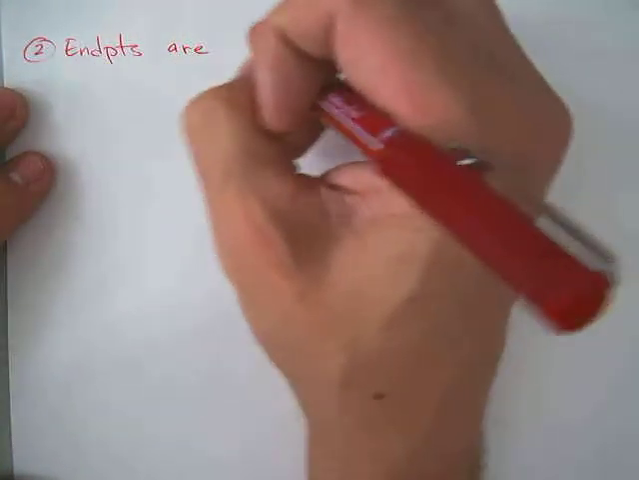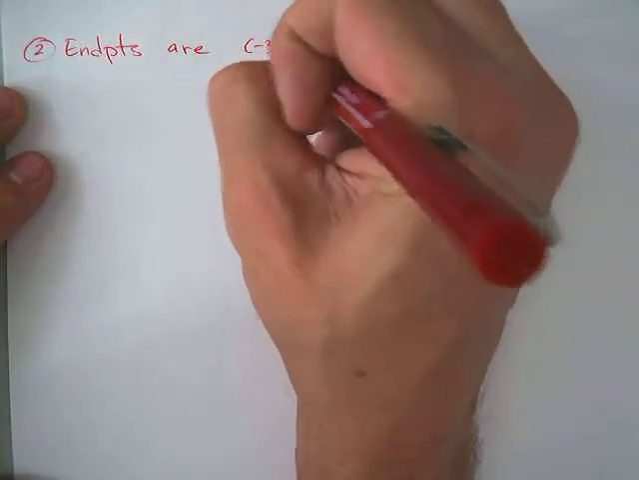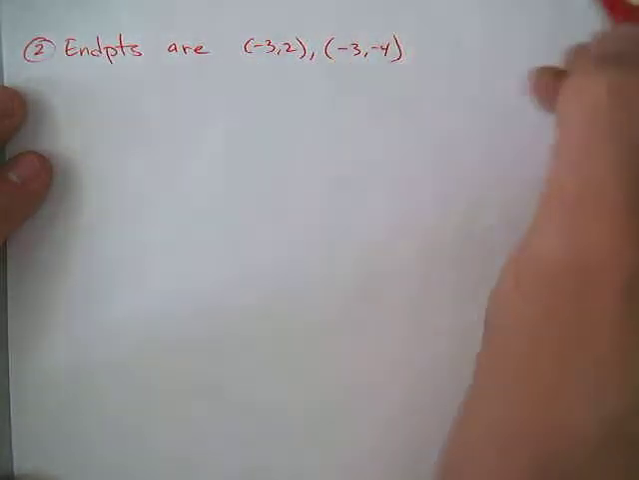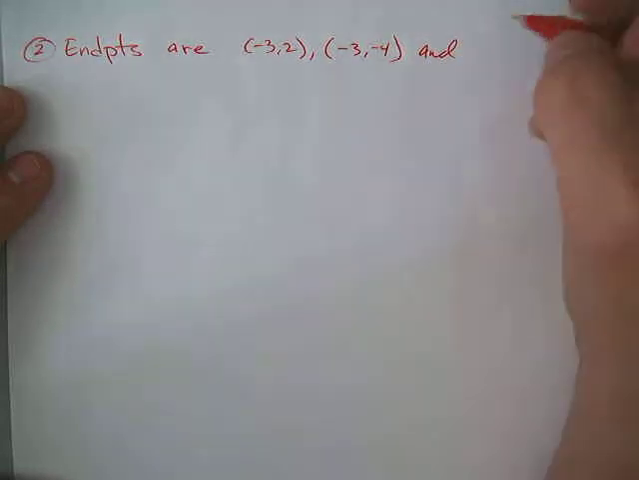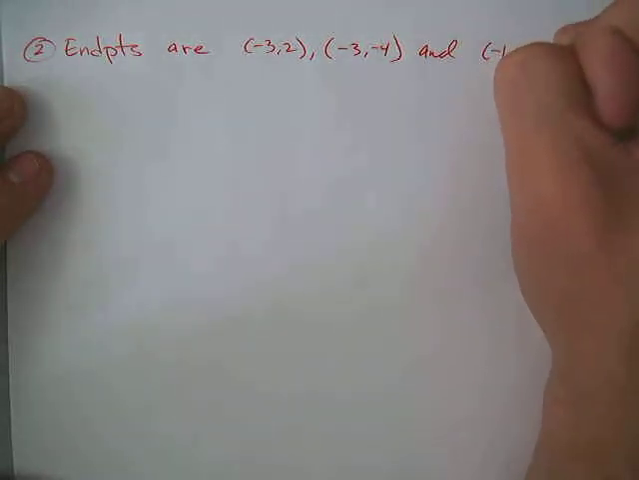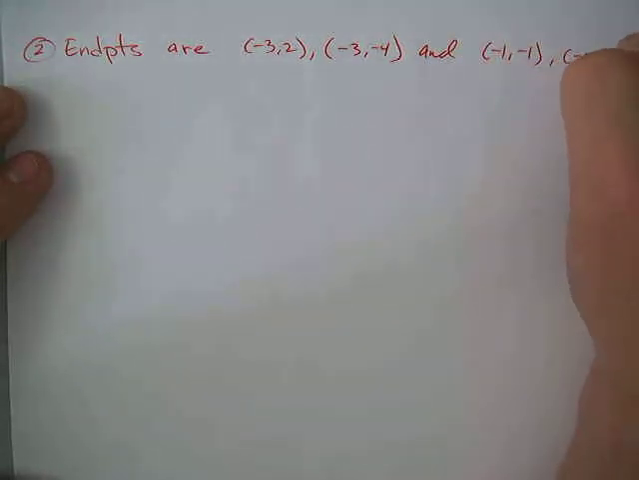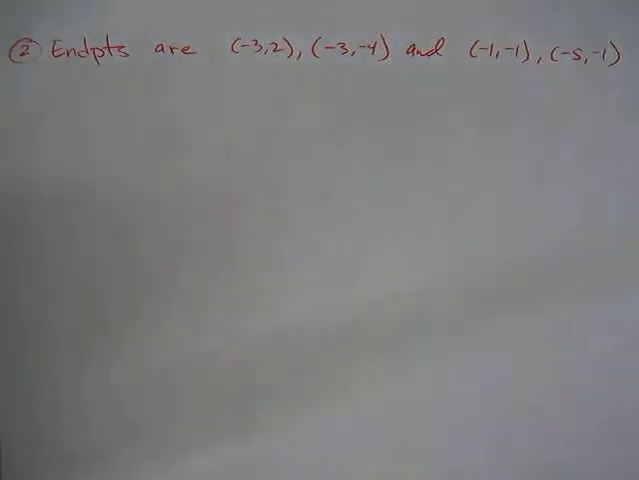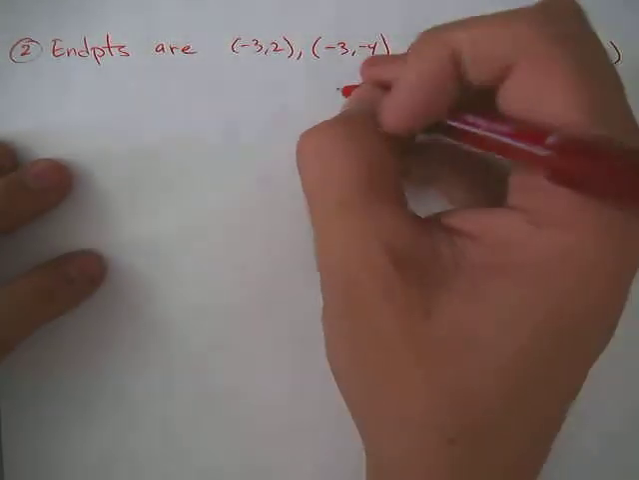This time, I'm going to give you the endpoints: (-3, 2) and (-3, -4). And I'm going to give you the other ones: (-1, -1) and (-5, -1). Okay, now I haven't told you what's the major axis, what's the minor axis, so we're going to have to